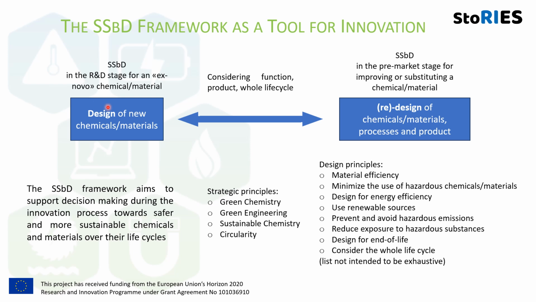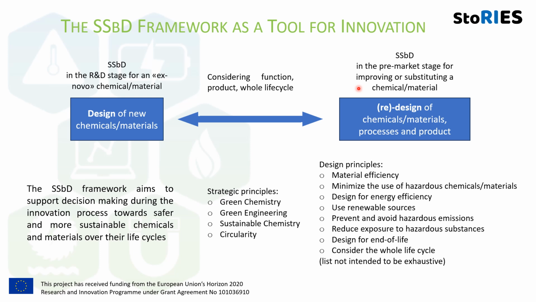So, from one side, maybe we can think to design a completely new material with better properties, or maybe another possibility, an alternative, is to redesign the product, and in this case there are several options, like the substitution of the material used with a better one, or the improvement of the performances connected with a certain material, changing some processes connected with its manufacturing, for example. In all these cases, anyway, the SSPD frameworks